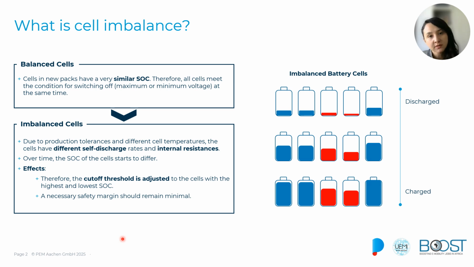In other words, all of the cells in the battery pack will operate with the same voltage, and it will ensure that the energy is efficiently distributed in all of the cells, and also that it will prevent aging and extend the lifespan of our